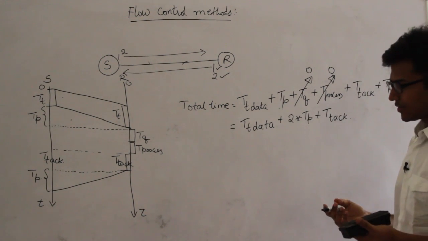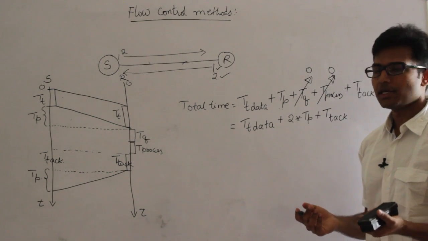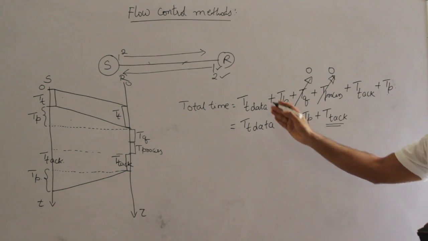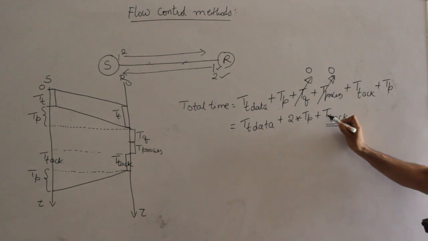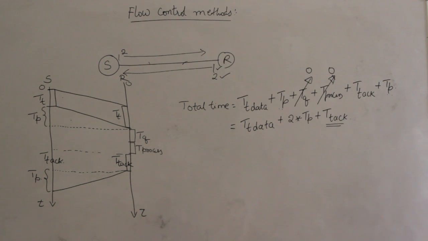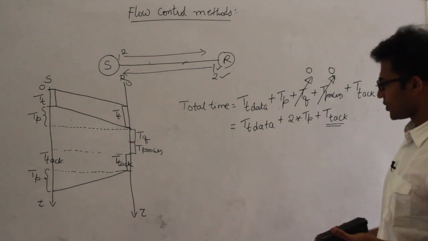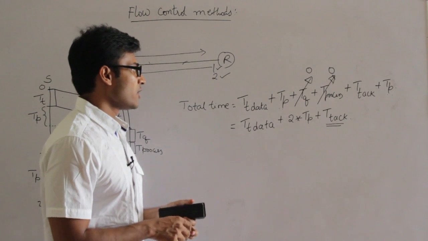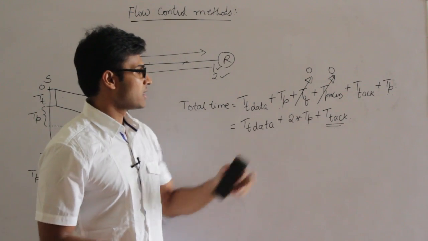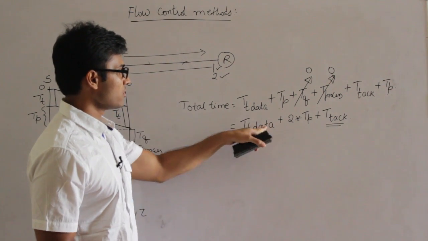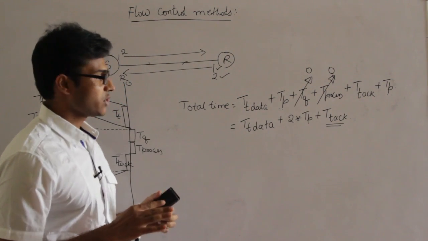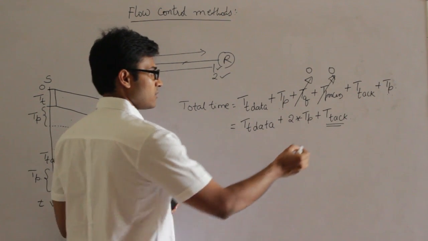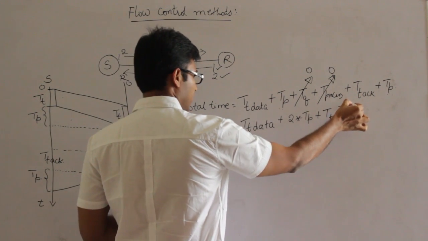In case the acknowledgement size is negligible, I am trying to have it as 0, but in some cases sometimes we use something called piggybacking. Piggybacking means we are going to send the acknowledgement on the data packet which is coming from the other side. Therefore then the acknowledgement transmission time will be equal to the data packet's transmission time. So in that case we are going to have this acknowledgement transmission time as equal to transmission time for data. But in most of the problems in computer networks, acknowledgement size is negligible. So you could either take it as 0, that depends on the question really.